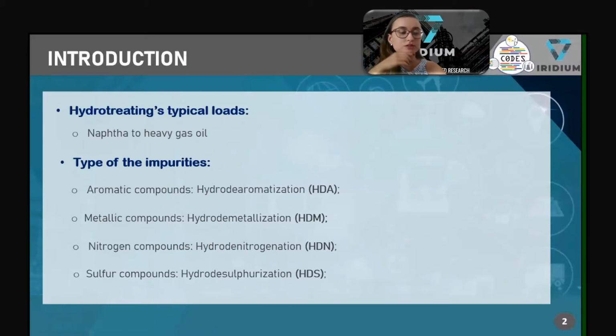Some relevant information needs to be considered for the model constellations. So HDT is extensively applied to remove impurities such as heteroatoms like sulfur, nitrogen, and oxygen. Also polynuclear aromatic and metal-containing compounds. According to the nature of the oil charged impurities, the hydrotreating process can be classified into different categories. The most common reactions occurring during hydrotreating are hydrodesulfurization,